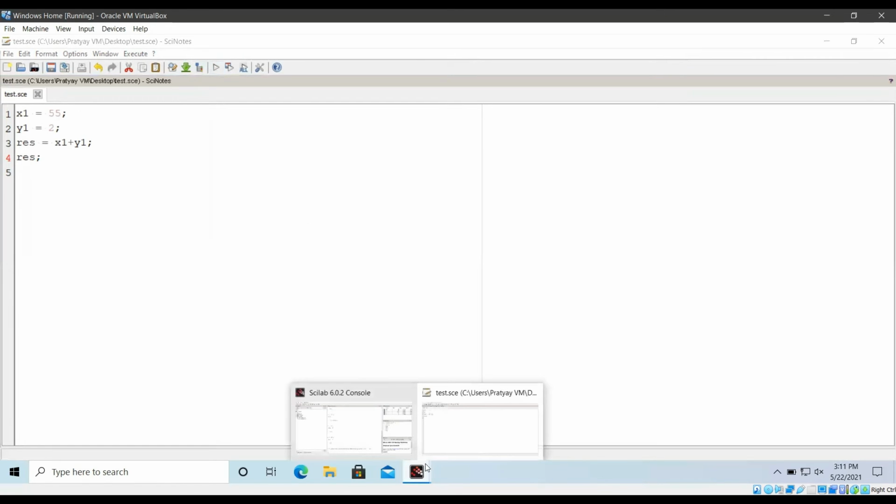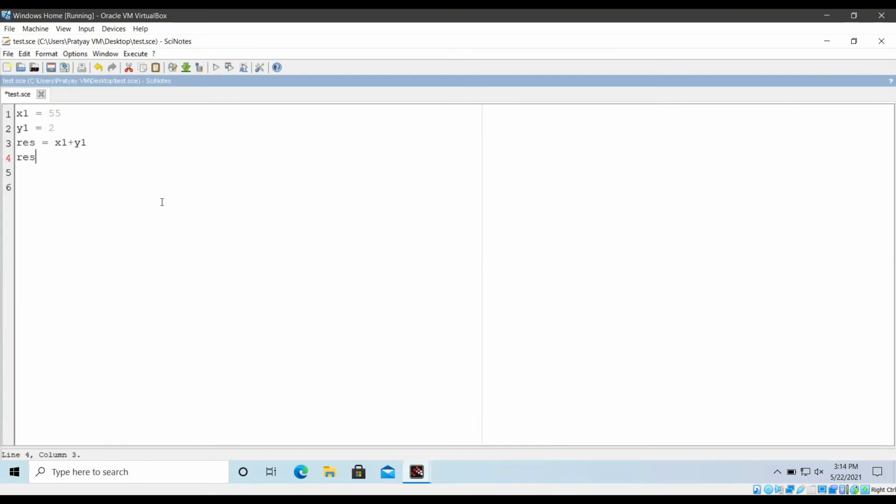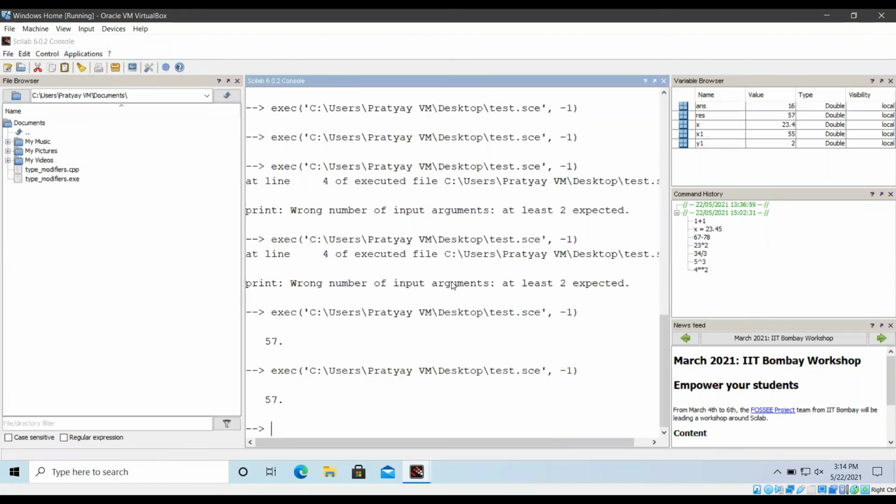Let's check it out. The problem is that you can't write here res or the result variable. You have to write it down using a function called disp. To be precise, disp is the name of the function that will give you the output. So if I write here disp(res), it will display the result. Okay, so if I write here disp(res) and then save and execute, it will execute for me, and here you can see you have here 57. So the execution will be done in the console, but the file you write here, you can save it.